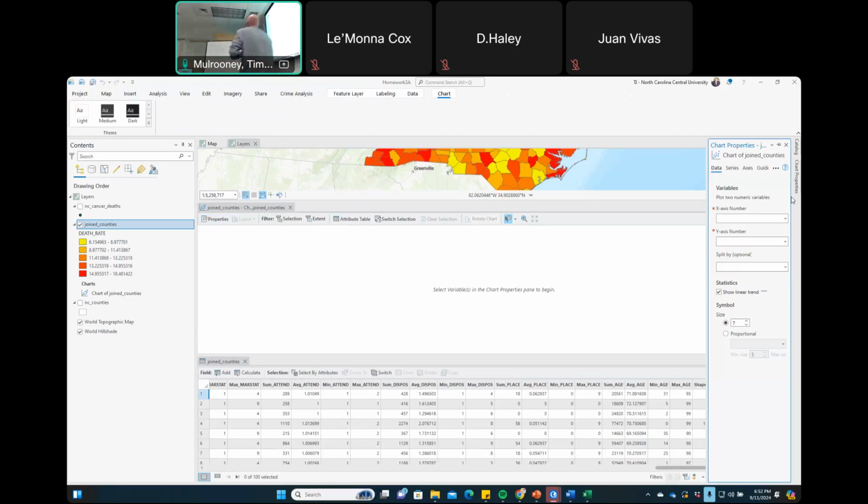Y is the dependent variable. X is the independent variable because y depends on what x is, right?